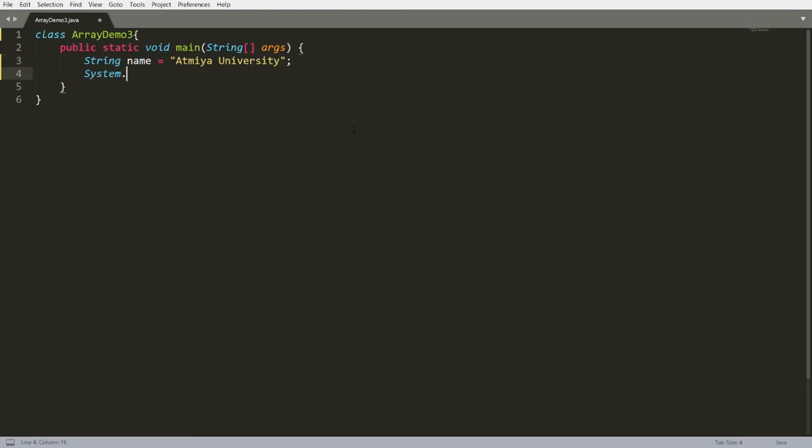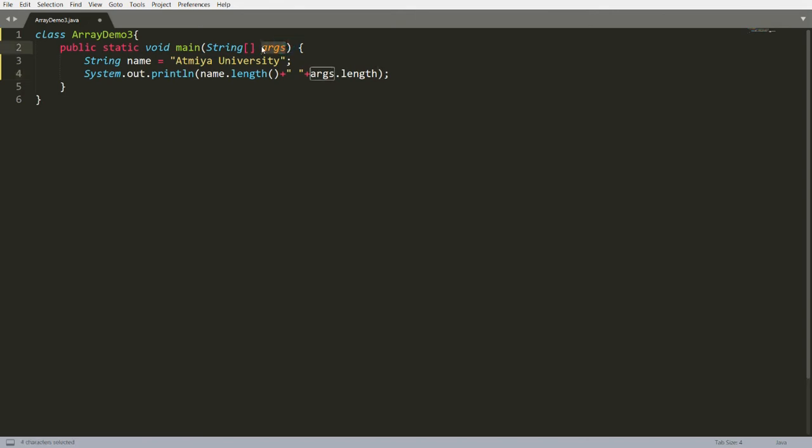Now I am just printing here System.out.println and I am printing name.length, that is the function. So this name.length is a function which returns me the total length of this Atmiya University. But if I write args.length, then what is args?